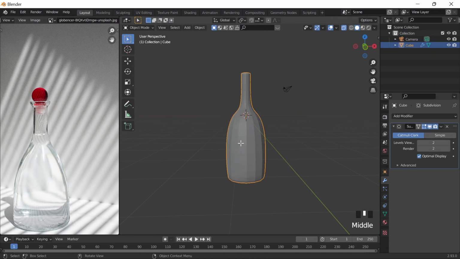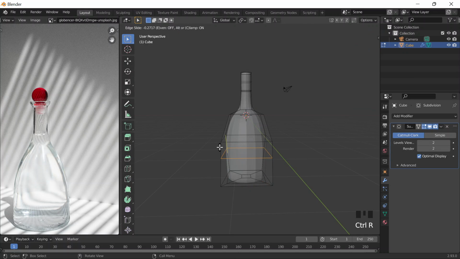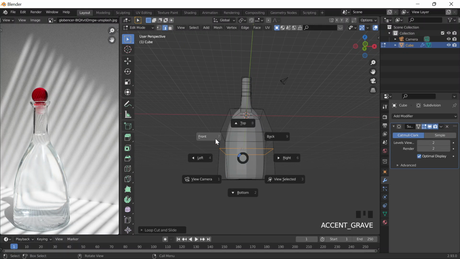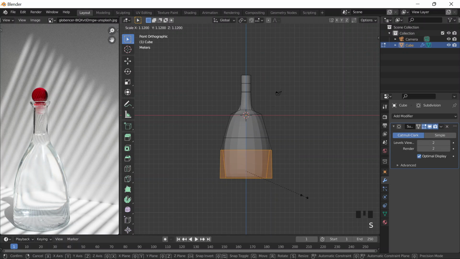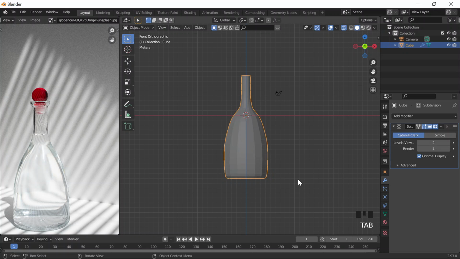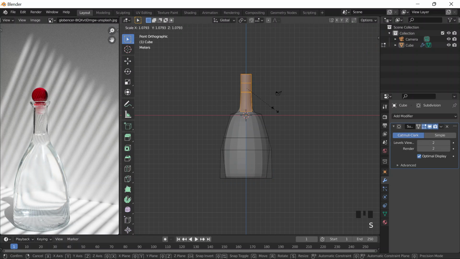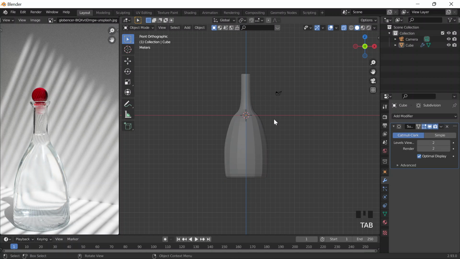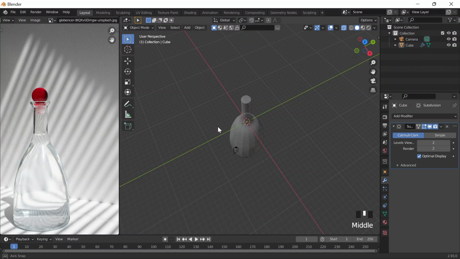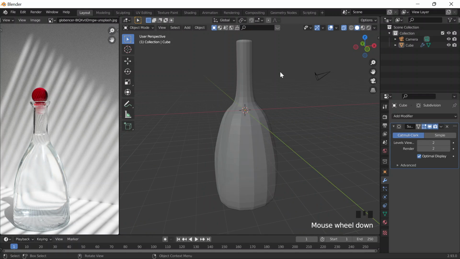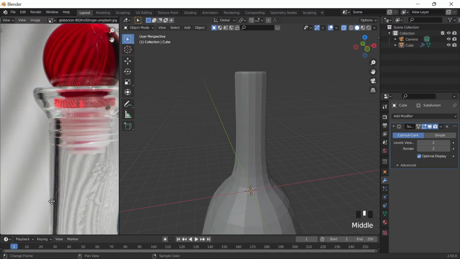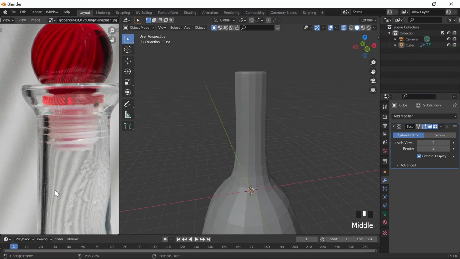And I just know that it's a little rounder here. So maybe if I go back to front view and do something like this, kind of like that, maybe so. And then this should be a little bigger, but not that big. Okay, whatever. And then at the top we have some sort of cork thing. So what I'll do is